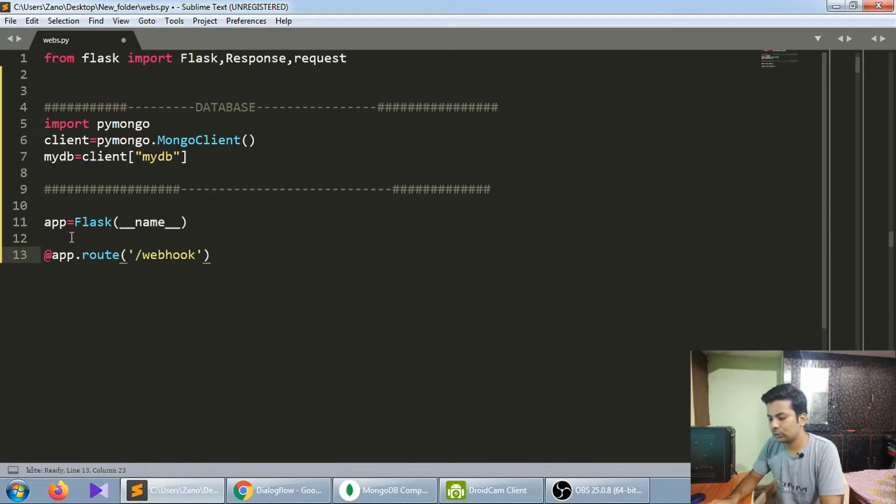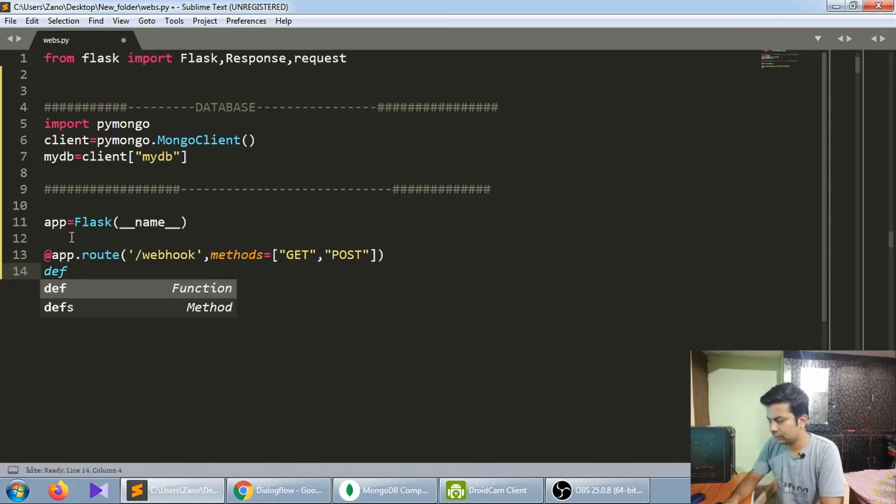Everyone uses webhook because on Dialogflow it is also written webhook only. So use the standard name, webhook, comma, methods, GET, POST. Another function name, webhook.